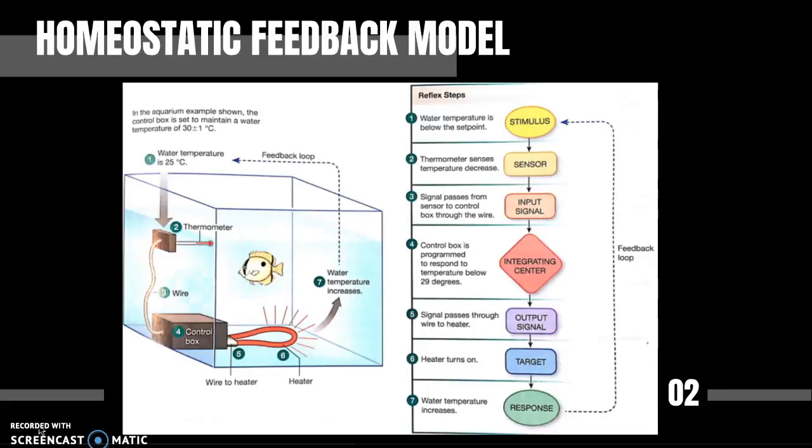Another way that insulin homeostasis can be interrupted in the body is with type 1 diabetes. Type 1 diabetes is when there's autoimmune destruction of beta cells in the pancreas. So that would be interrupting the homeostatic feedback model around the integrating center as well, because the beta cells are not producing the insulin that they should be to control blood glucose